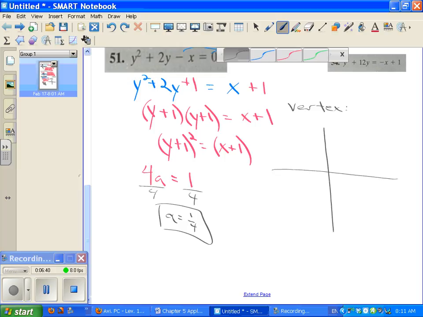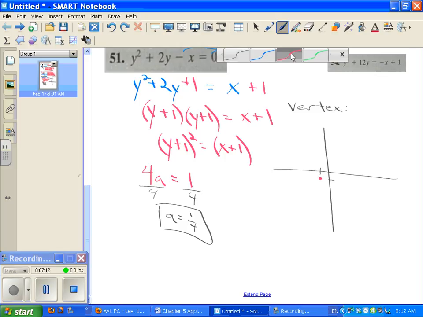Where's that one going to be? From here? -1 and then -1. So there's my vertex. And we know that this is an open side-to-side one. And my focus, now is it going to be an open to the right or open to the left? How do you know? To the right because it's positive. Right, because I don't have a negative 4a in here. Okay, so I know that it's got to open to the right, and my focus has to be 1/4 in